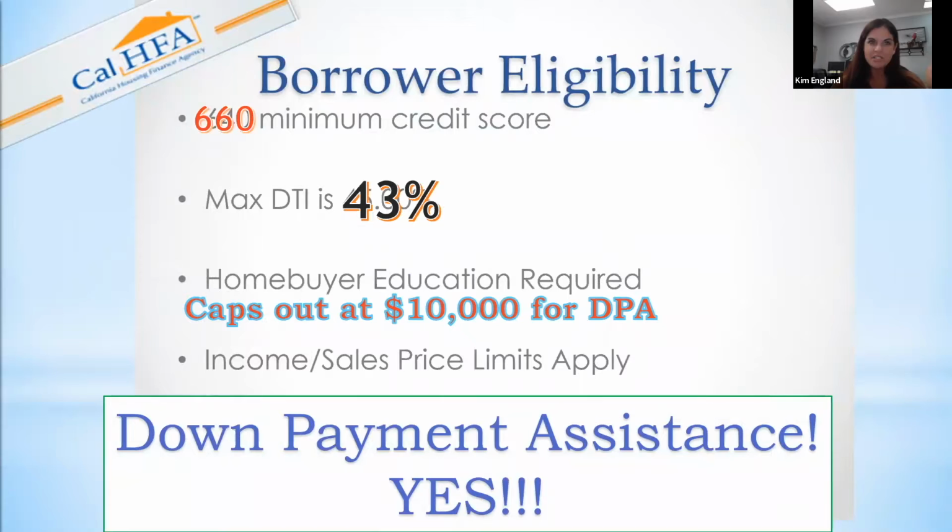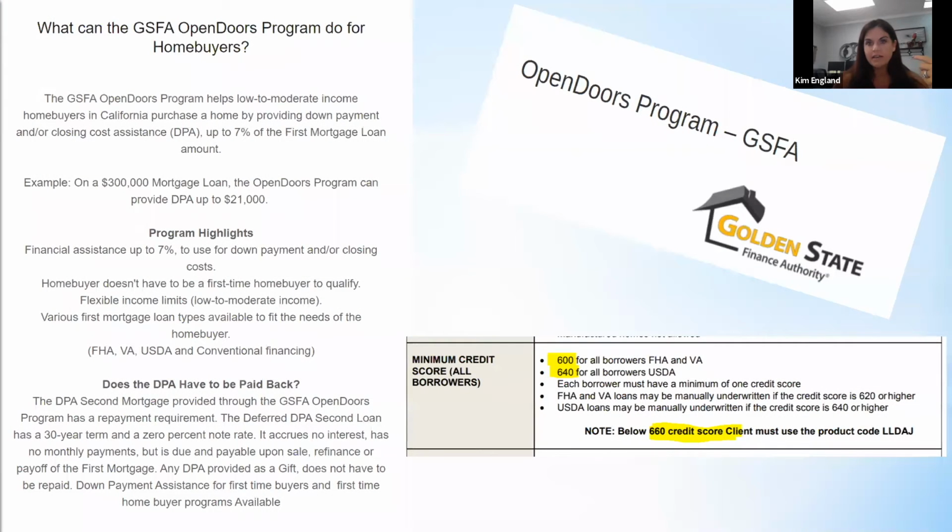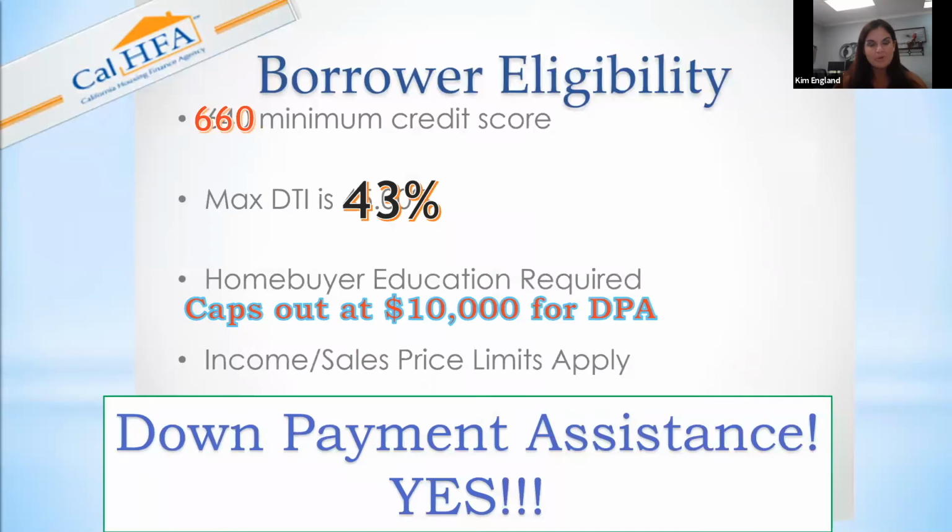I'm going to brush a little bit over down payment assistance. They are still available. I've had agents call and think that because of COVID, the down payment assistance programs are not a go, but they absolutely are. I'm funding one today. So we've got Cal HFA, and we also have Open Doors, which is Golden State or GSFA. You'll hear that one thrown around. Both are great programs, but they each have their own special guides. When we pre-qualify somebody and they want down payment assistance, I figure out which one's going to work better for the borrower.